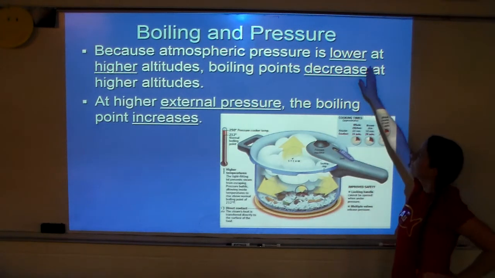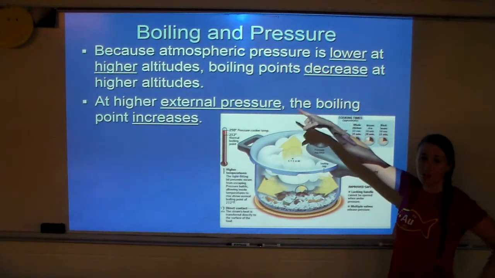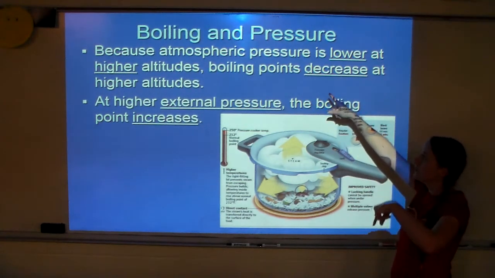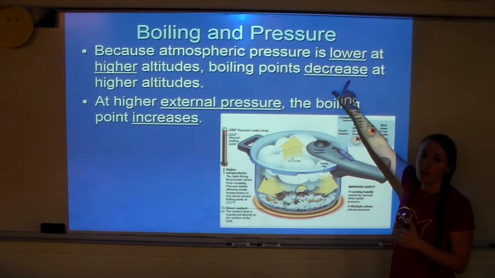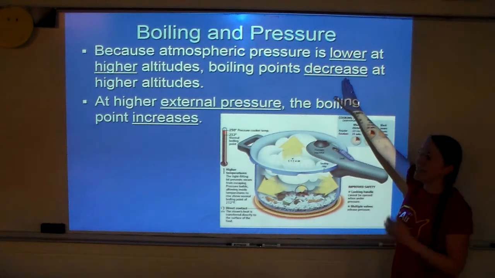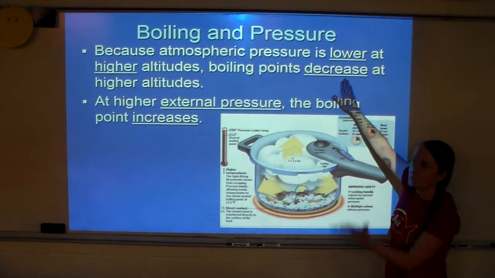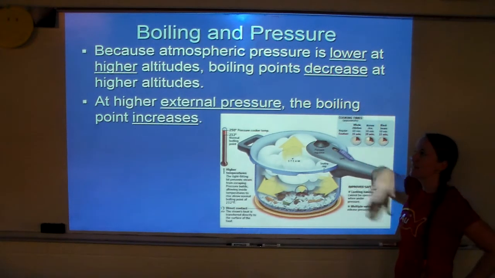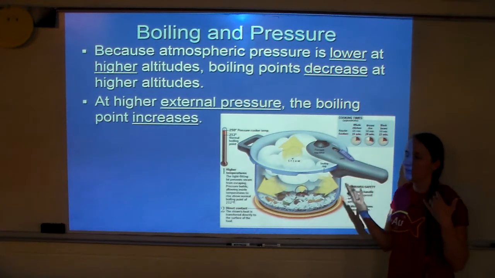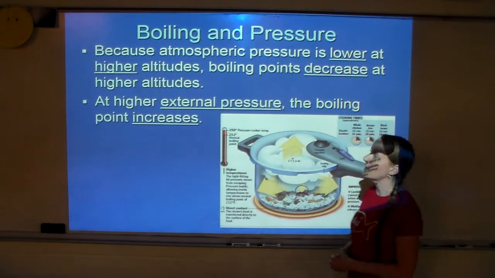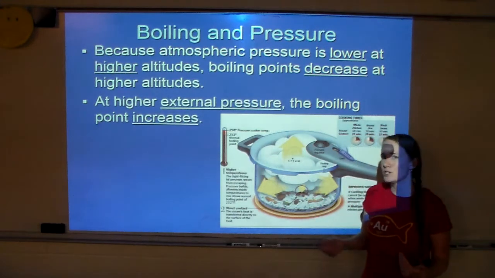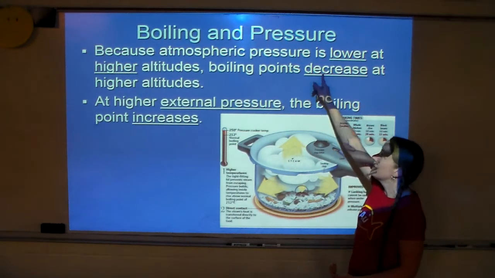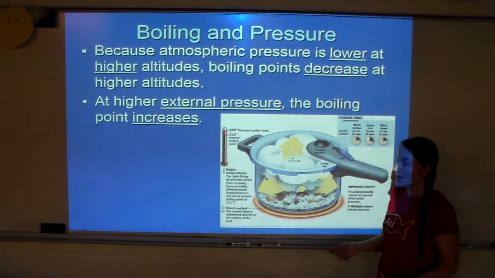So because atmospheric pressure is lower at higher altitudes, when you climb up the mountain, external pressure goes down, that means the boiling point goes down because the liquid does not have to get as hot to fight that atmospheric pressure and boil. So if you ever look at things like cake mix boxes or something like that, a lot of times they'll have special high altitude cooking directions because sometimes you have to change things because everything is at a different boiling point at that point.